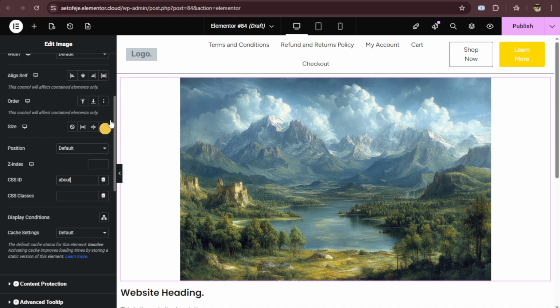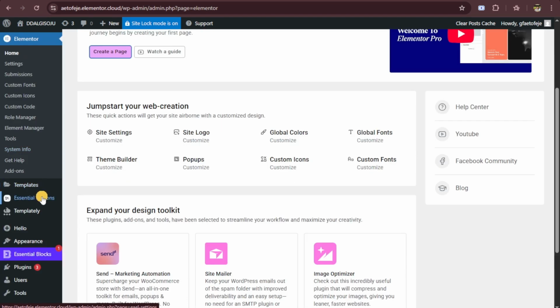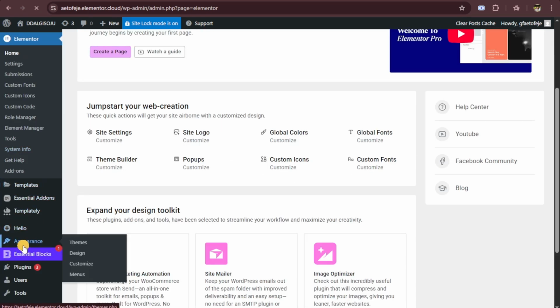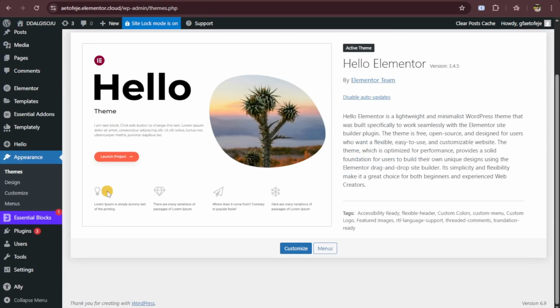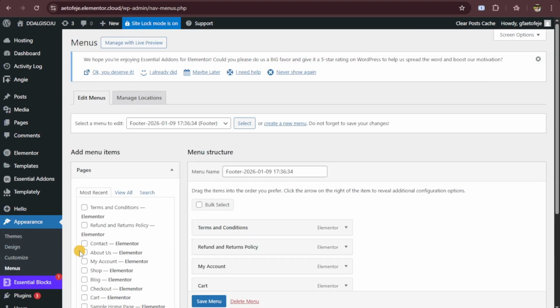Now we're going to head over to our WordPress dashboard, and then we're going to navigate to appearance. So from the left side panel, we're just going to scroll down until you find this appearance right here, and then you're going to click on menus. So you can find menus again from the left side panel. Going to click on that, and then from here we're going to click on